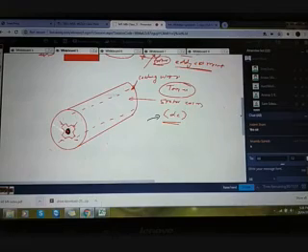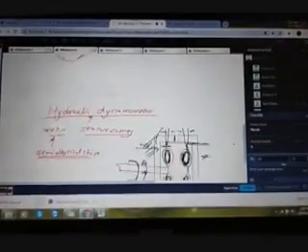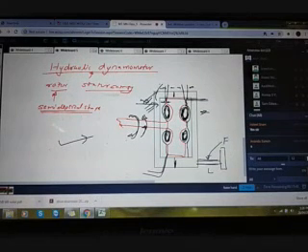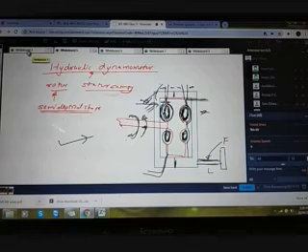Next is the case of a hydraulic dynamometer. Here the negative effect is given by the vortex formed by the water flow. That is because of the special design of the rotor as well as the stator. You can see that it is in an elliptical shape like this, and because of that a vortex will be formed that will create a negative effect. That means it will tend to rotate the stator. The force acting on the stator will be measured and multiplied by the length to get the torque. So this is how the hydraulic dynamometer works.